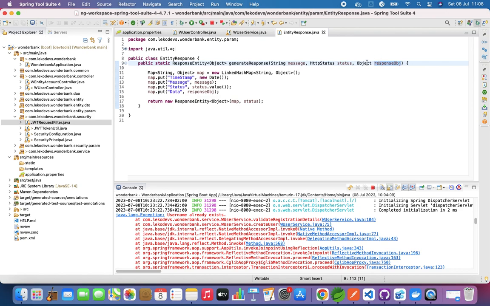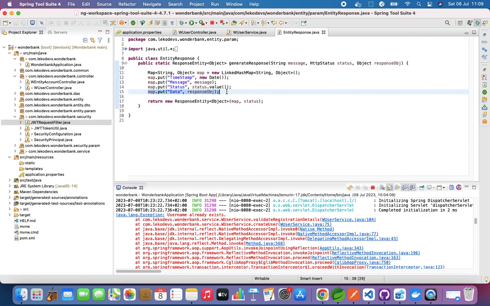So as you can see, it's just a generic object. You can pass in anything over there, and then what we have there is just a map. So it's a linked hash map, and we can just put the response that we want. The timestamp is the date, the message is basically that, and the status is the status.getValue,